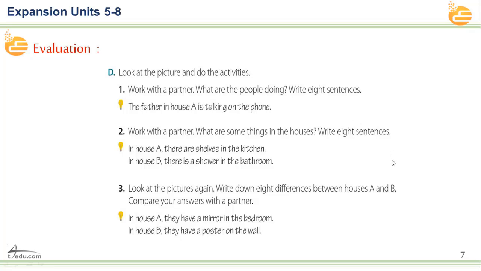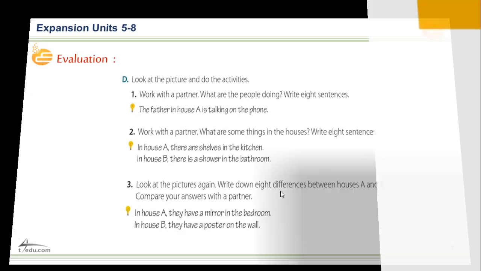Okay, for example, here we have number three also. Look at the pictures again. Write down 8 differences between house A and house B. Compare your answer with a partner. As I told you, gentlemen and girls, you have to bring a piece of paper and jot down the differences between house A and house B. For example, here we have house A, they have a mirror in the bedroom. In house B, they have a poster on the wall. Okay, like that. Like these sentences, you can do it on a piece of paper and compare it with your